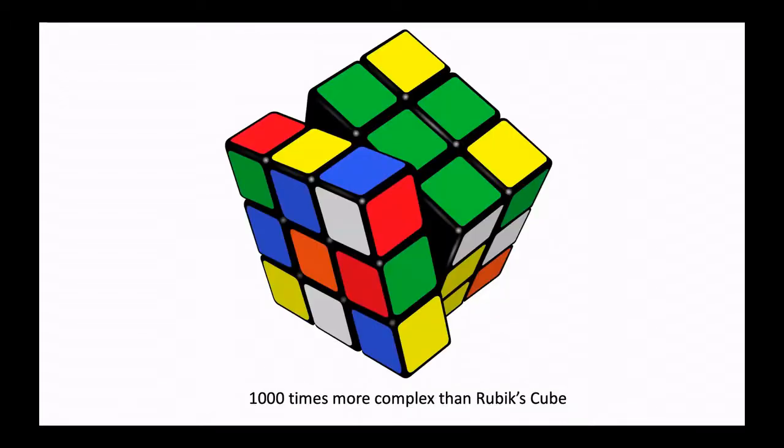This actually is just about 1,000 times more complex than Rubik's Cube. I always like to have a cube in my talk somewhere. So a cube is 4.3 times 10 to the 19th. So sorry, it's actually 10,000 times more complex than finding all the states of Rubik's Cube, which took 35 years of CPU time on Google's cloud computers to do.